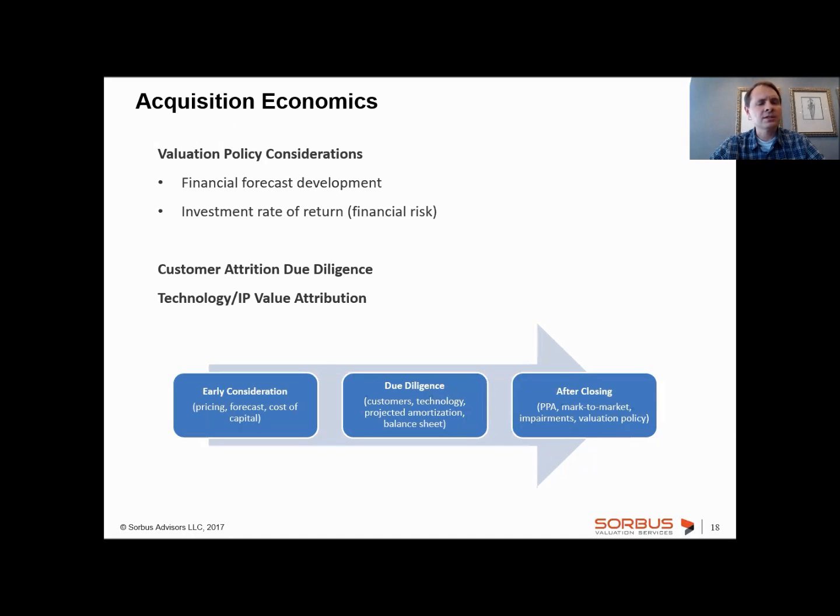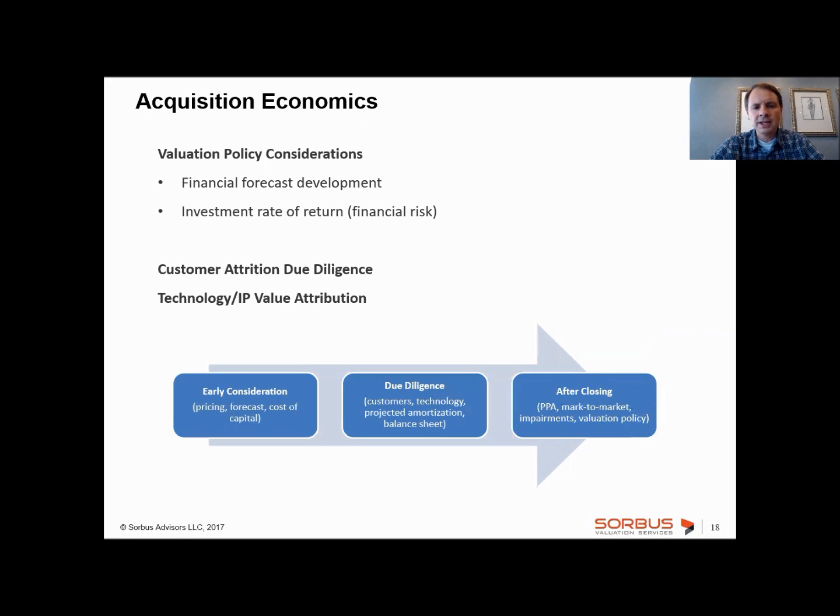Now, another part that's also very interesting: a lot of times when we get into this project and we start talking to management, to their R&D or sales and marketing teams to get assumptions for our work, we have to really disclaim the fact that we're not doing any kind of backdoor due diligence here. It's a purely accounting exercise. So in other words, don't worry about it. Nobody's going to get hurt.